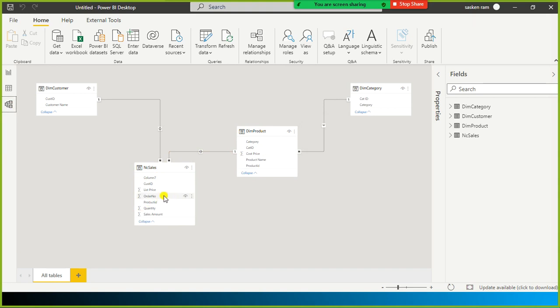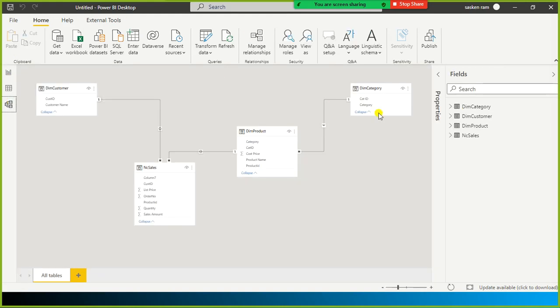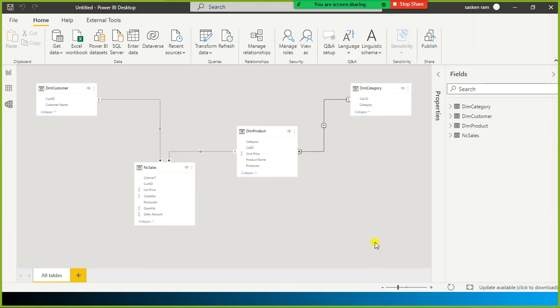But now we have started with the order number, and we wanted to filter in the opposite direction. In that case, you need to enable bidirection, so both. But still, this one has a problem because the category table is not directly linked with this table. So in that case, I need to enable the cross filter direction as both.